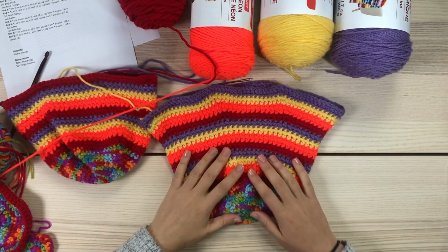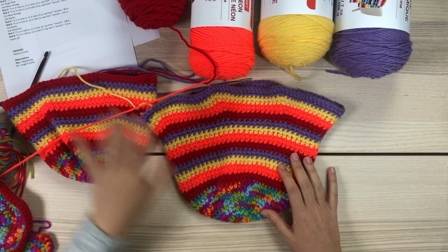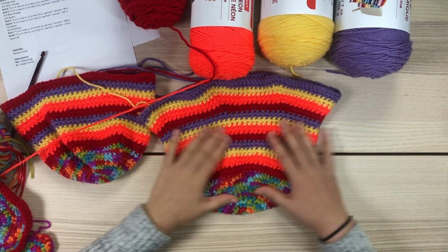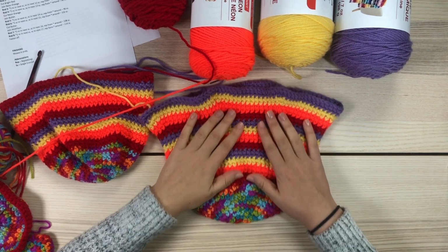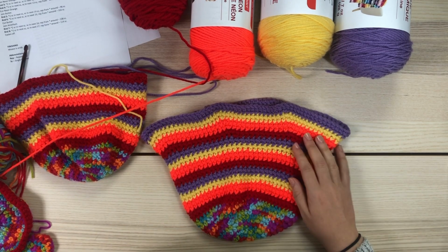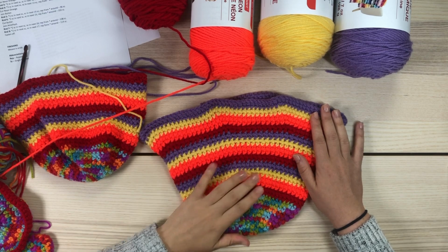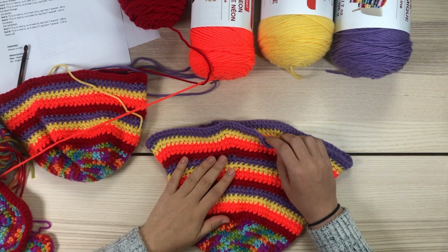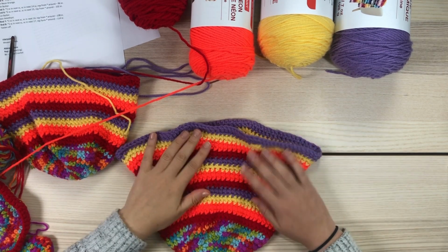And like I said, you can always customize this and add more increased rounds just in that same manner to get a larger hat, or take some rounds away to get a smaller hat. It's very, very straightforward, and you can also choose whatever color combo you would like as well. But once you reach the end of your last increase round, you're going to just simply fasten off,